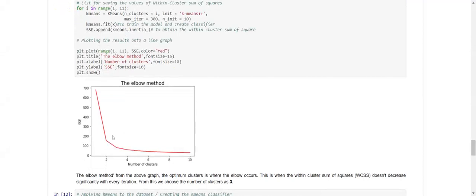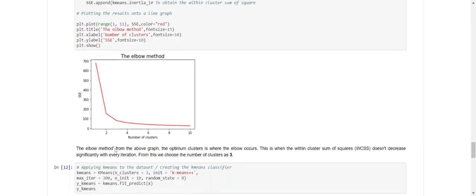The optimum number of clusters is where the elbow occurs. When we see that the curve is no longer decreasing, we take the value from there. We see that it is not decreasing at 3, so our optimum number of clusters, the k value, is 3.